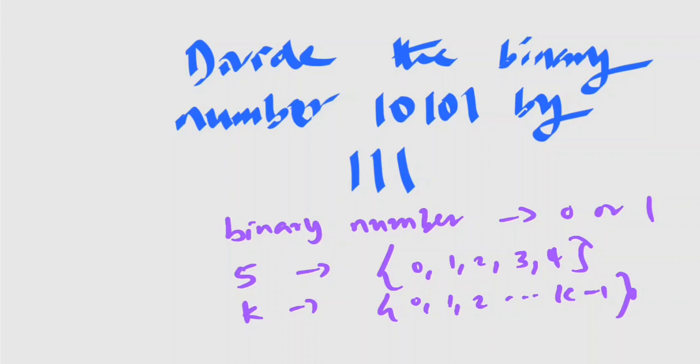That is, when you are working in a particular base, you must not have the base or a number greater than the base as your residue. Another thing you have to notice is that numbers in a number-base system are pronounced one by one. So don't pronounce this number as 10,101. You are wrong, because when you say 10,101,